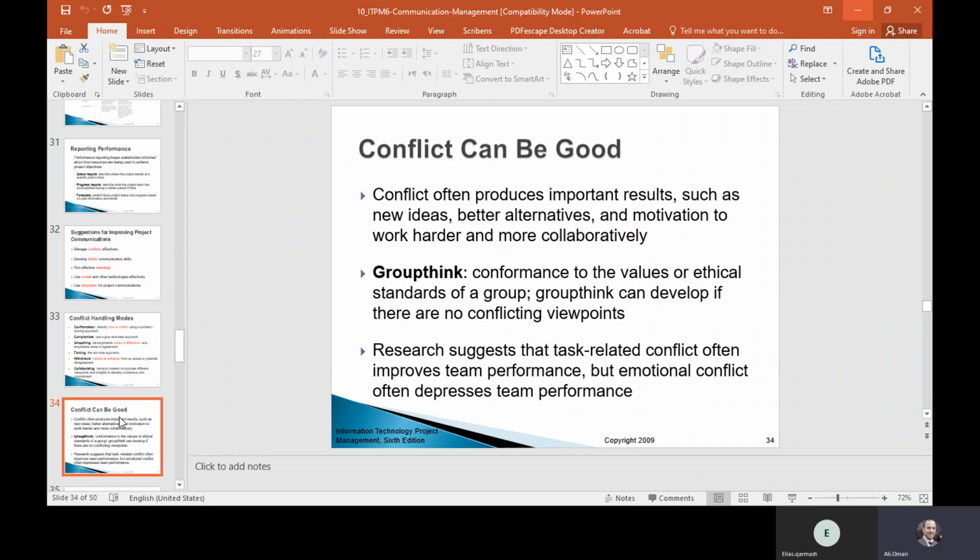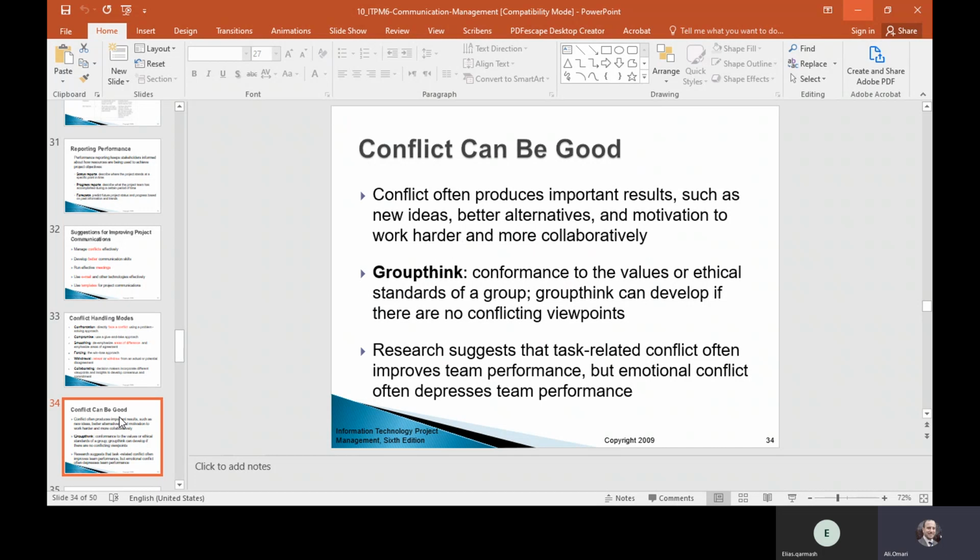Groupthink, conformance to the values and ethical standards of a group. It can be a good thing where it can develop if there is no conflict in the viewpoint. So it makes the team work together more collaboratively and agree on ideas more smoothly.